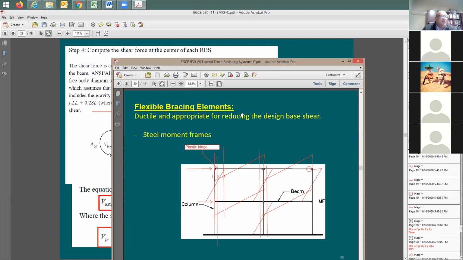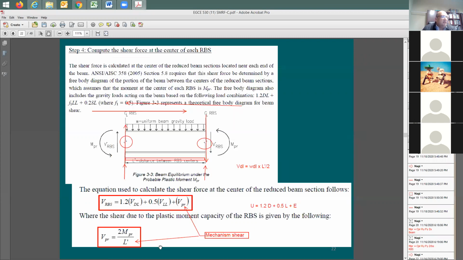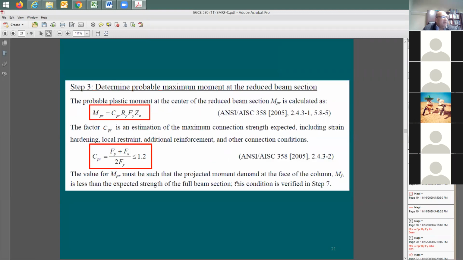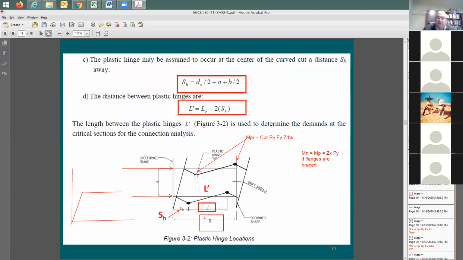Okay. So is there any relationship between the shear that you get here from the seismic force application to the moment frame and this mechanism shear? I'm just repeating the question. No. This mechanism shear is about the performance of the beams and the columns. As you start to push the moment frame, at a certain point you're going to be forming the hinges. And what's going to happen after this? The lateral force is not going to increase,